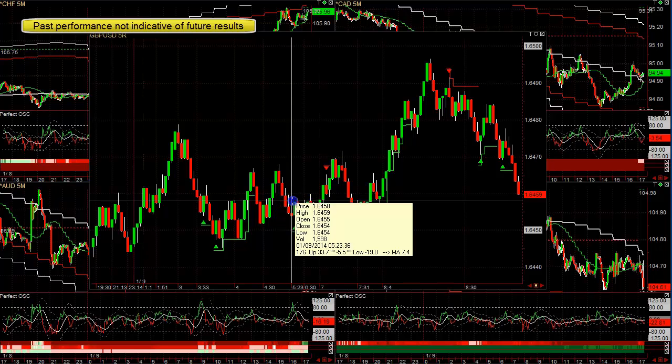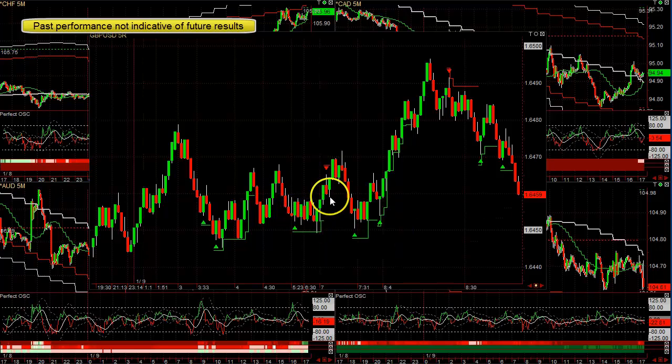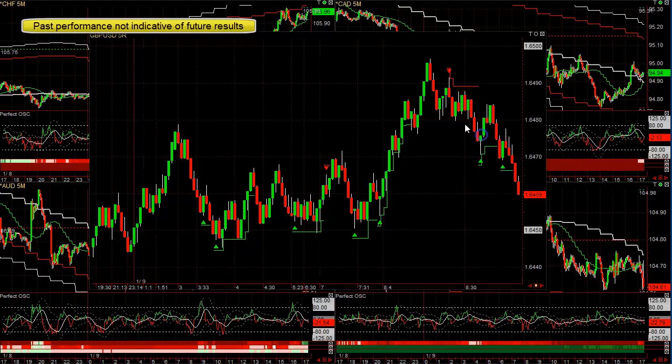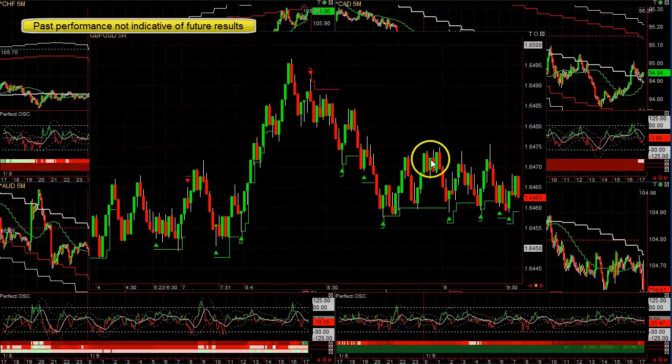Now remember, you're in this trade here. Once there's a sell signal, you're out. So you had a very tiny win here. Big win. You're short right here at 86. You're out at 76. That's about a 10 pip win. You would have probably lost 3 pips on that trade, and then 8. You made money,